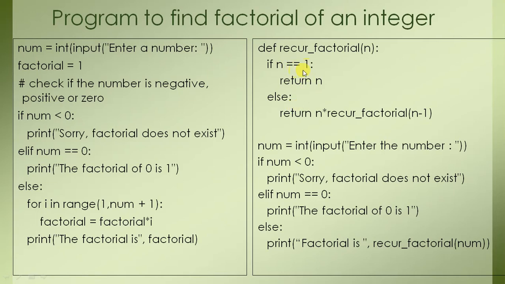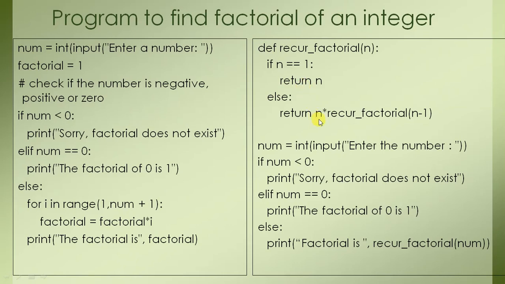One is the base case, that is, whenever we reach the number 1, we will return the value 1. Okay, so the factorial of 1 is 1. So this is the base case. And what is the recursive case? That will display the mathematical logic behind it. So we can say that factorial of n is equal to n into factorial of n minus 1. So this is the mathematical logic behind this question. So this mathematical logic becomes the recursive case, and the base case is this.